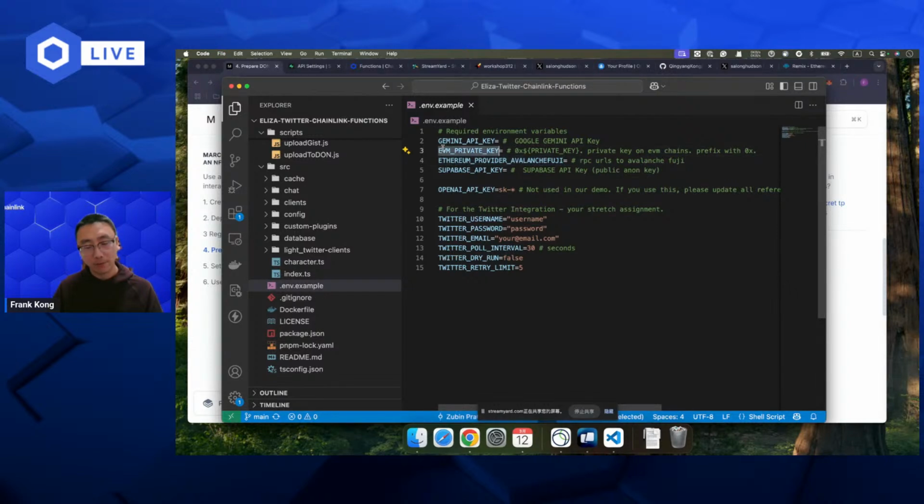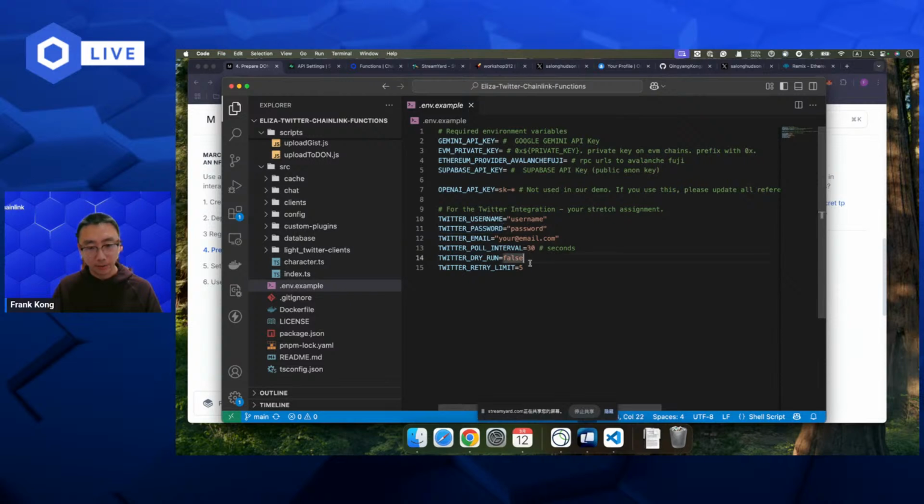And with the EVM private key, you need to save some tokens into your account and provide your account's private key here, and also get a RPC port from the Avalanche, from the Infura or Alchemy, from this service provider. And in the last step, if you want to connect this AI agent to your Twitter, you need to input your Twitter credentials here, the Twitter username and a Twitter password and email and some others.